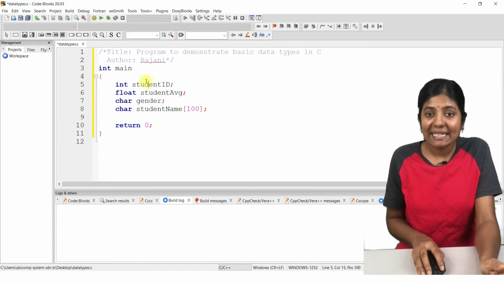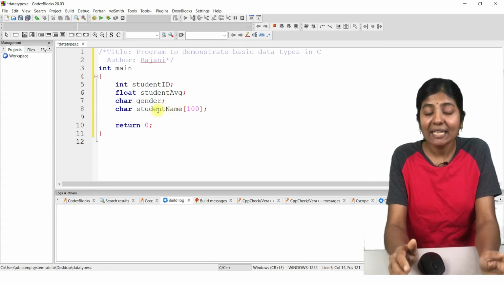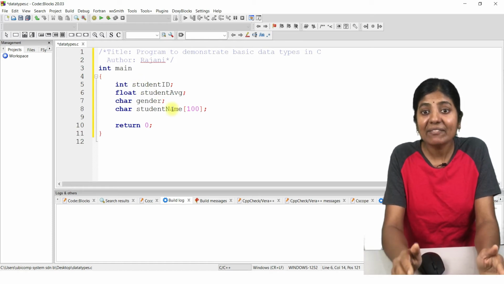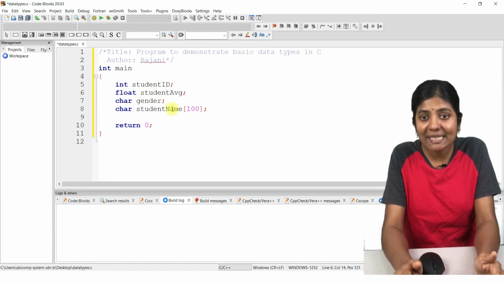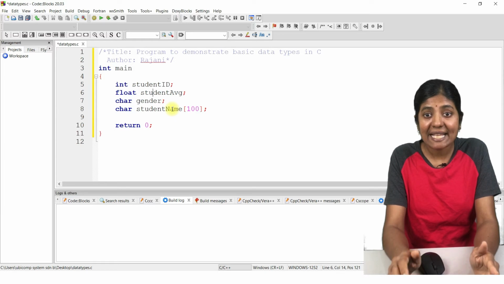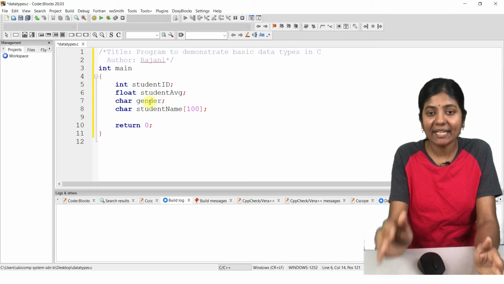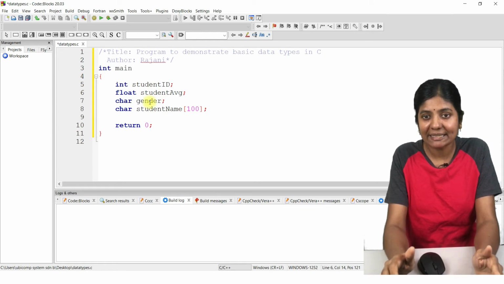Student ID is the integer data item, student average is float data item, gender is character data item, and student name is string data item. Okay, now we want to give the values to these data items. Giving the values to the data items is called initialization. So initialization is the process of setting the values to the data items, or we can say assigning the values to the data items. To assign the values to the data items, we should use one operator in C,